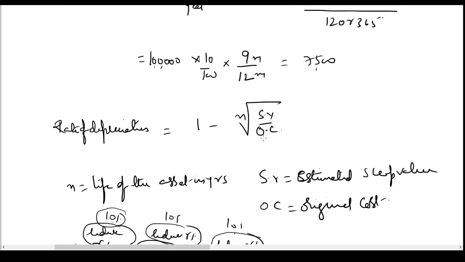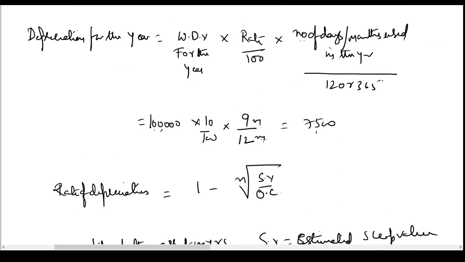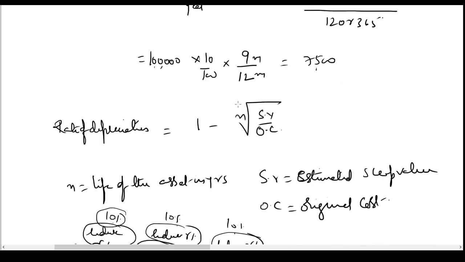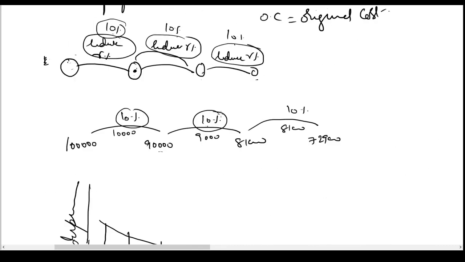The written down value method is called the written down value method because the rate is applied on the written down value. It is also called the reducing installment method because the depreciation reduces every year. This method is more suitable for assets like machinery where there is wear and tear. I'll discuss more about why this method is more suitable for plant and machinery in future lectures on depreciation.